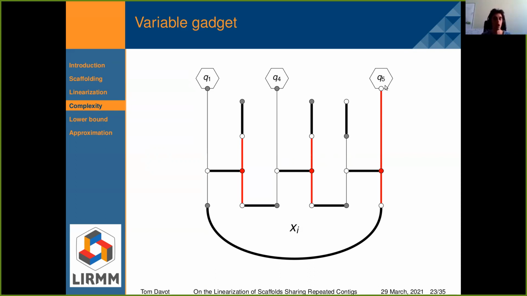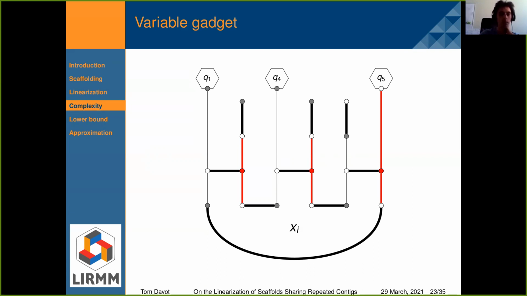So that's coherent with what I did in the previous slide. Because in this gadget, Q5, xi appears positively. So that means that this clause is satisfied.